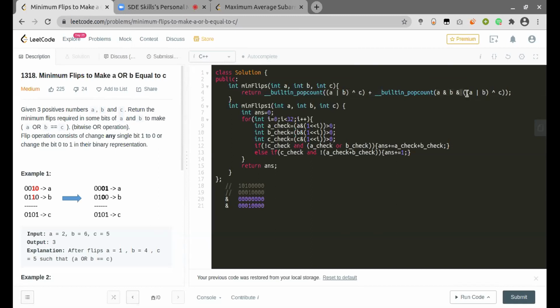So this will make sure that only those bits are set where the bit is 0 in C, and both the bits in A and B are set to 1. So A and B will always give me only ones at those bits where 1 is present in both A and B.